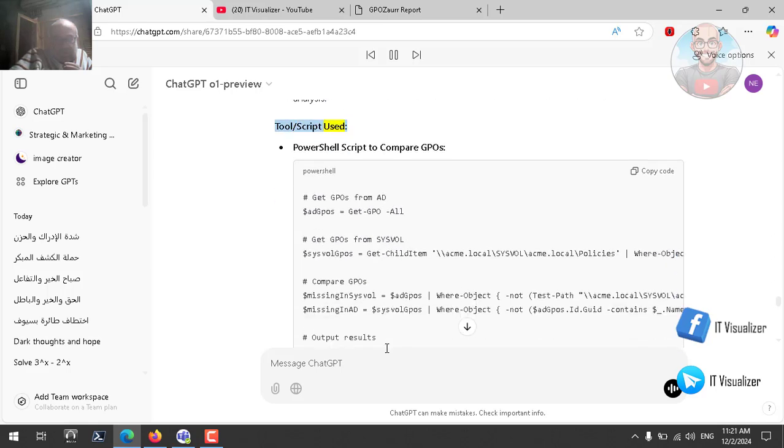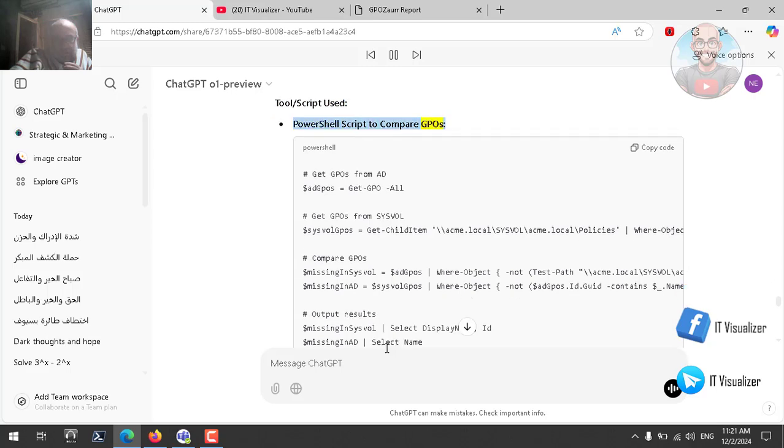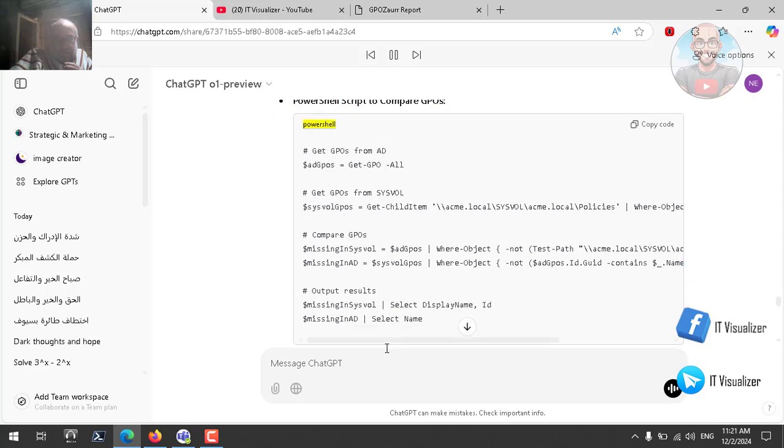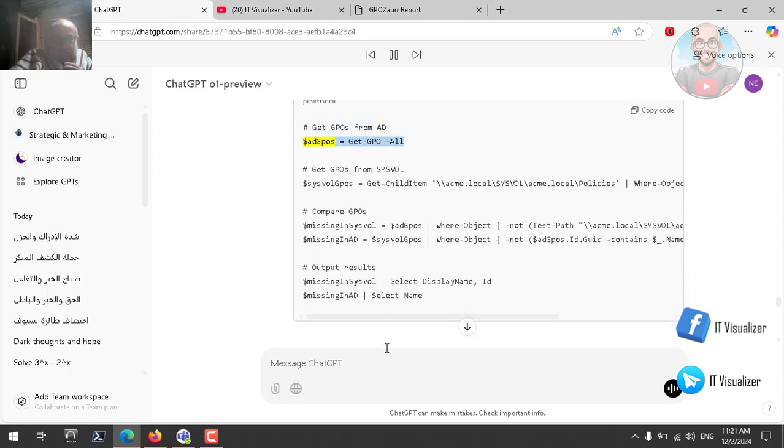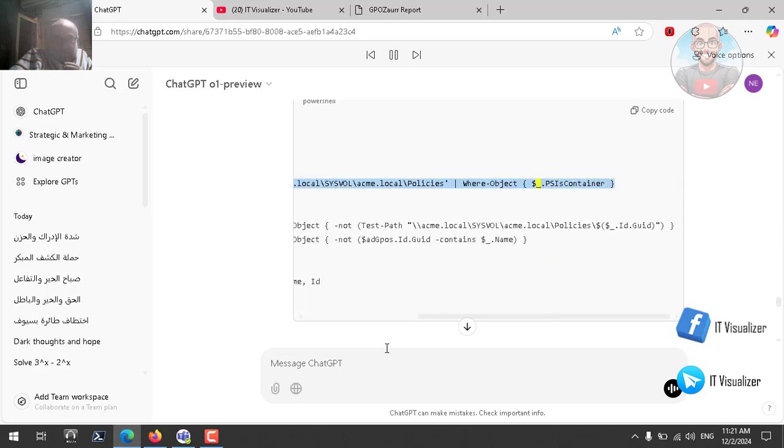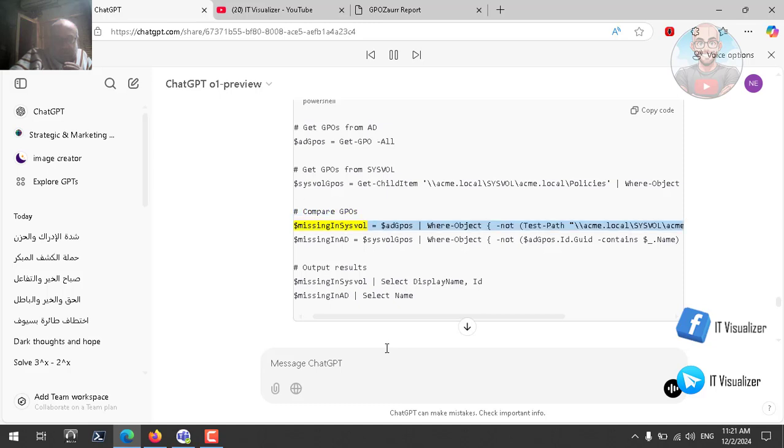Tool/script used. PowerShell script to compare GPOs. PowerShell. Copy code. # Get GPOs from AD: $adGpos = Get-GPO -All. # Get GPOs from Sysvol: $sysvolGpos = Get-ChildItem '//acme.local/Sysvol/acme.local/Policies' | Where-Object { $_.PSIsContainer }. # Compare GPOs: $missingInSysvol = $adGpos | Where-Object {